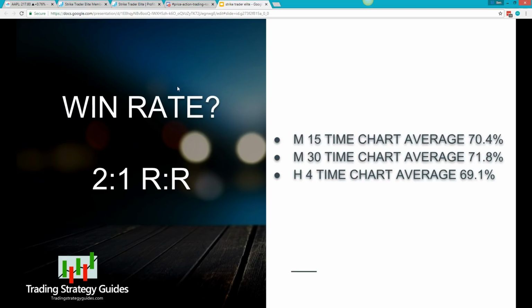And so the win rate, this gives you a general overview of the win rate with our strategy, what we've been testing, and these change over time. But this is just what we have tested. This is at a 2-to-1 reward risk ratio. So on the 15-minute time chart, we were able to pull in roughly a 70.4% win rate. The 30-minute chart, we'll also be able to do around 70, and then also the 4-hour chart. So you can see here that it's going to be able to be used on different time charts and